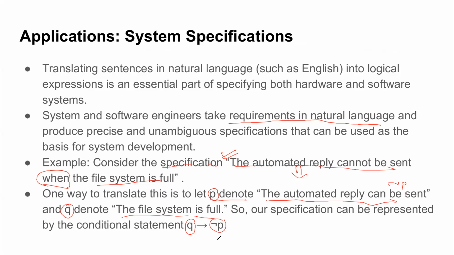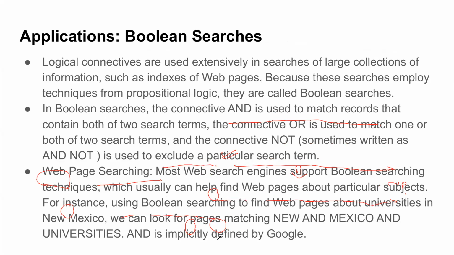You need to see in a conditional statement what is the condition being checked and what is the consequence. Okay, so you need to go back to that slide where we saw various versions of the implication, and see which one should be written in which form. Okay, so for that you need to revisit that and see what is the consequence and what is the condition. But yes, this is again a popular example or application of logic, which is to specify the system specifications. Okay, now let's move further.